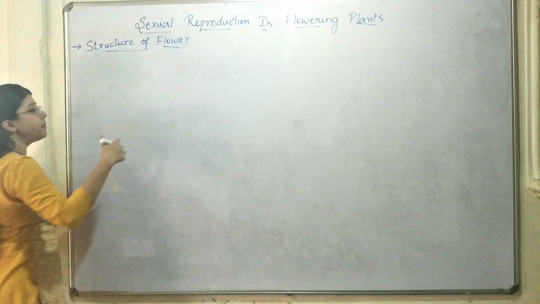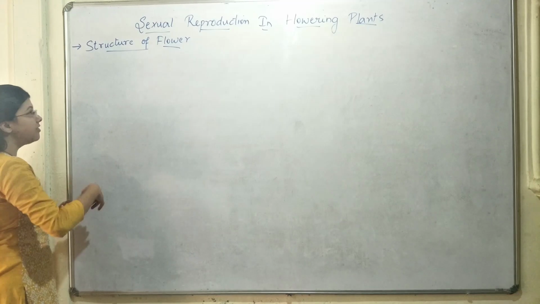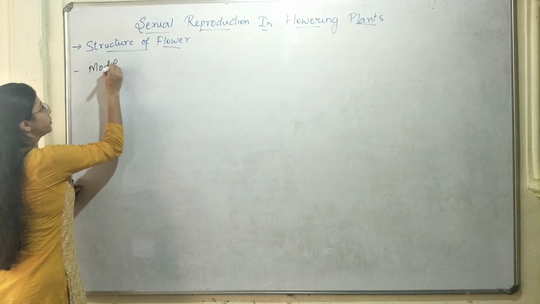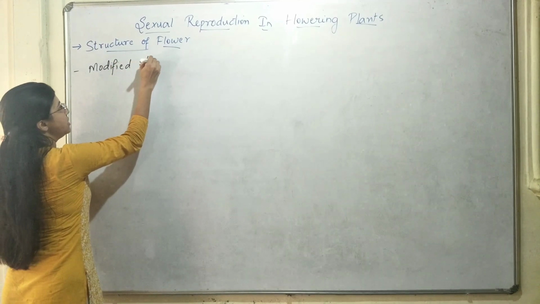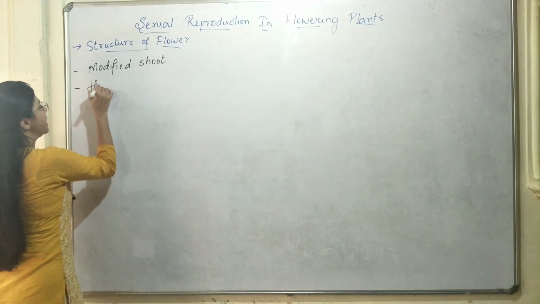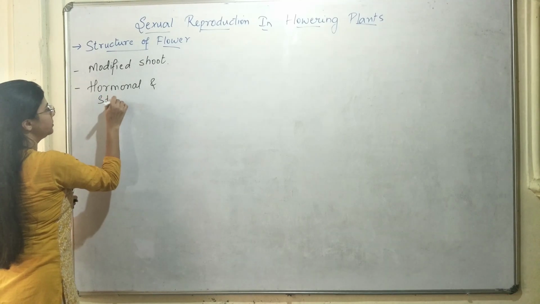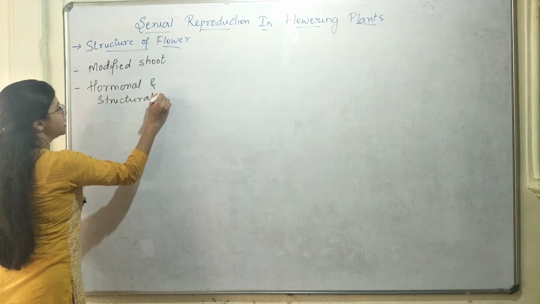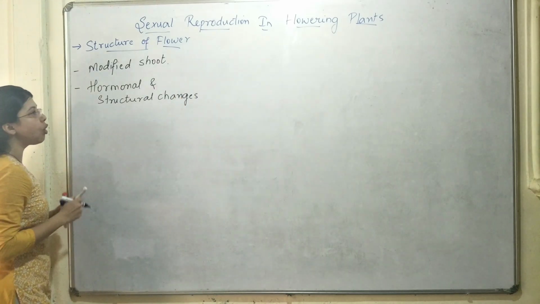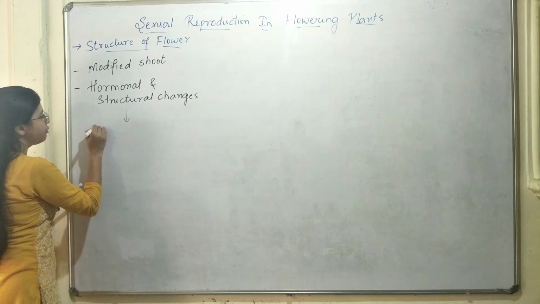Before studying what are the different structural parts of a flower, you need to know one thing, that flower is a type of modified shoot. And this flower develops on the plant because of many hormonal and structural changes. There are different types of hormonal and structural changes which occur in the shoot region of the plant. As a result of these hormonal and structural changes, there will be development of